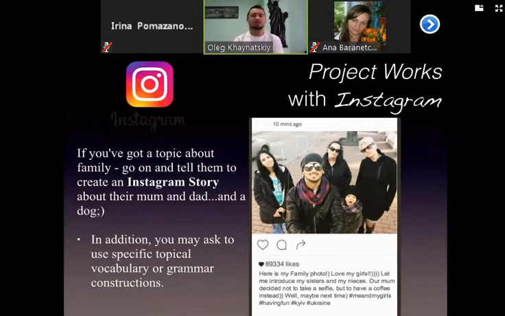But why not ask your students to create an Instagram story about their mom and dad and a dog eventually? And in addition, you may ask them to use specific topical vocabulary or grammar constructions. You can see an example that I've used, an Instagram post that I've created